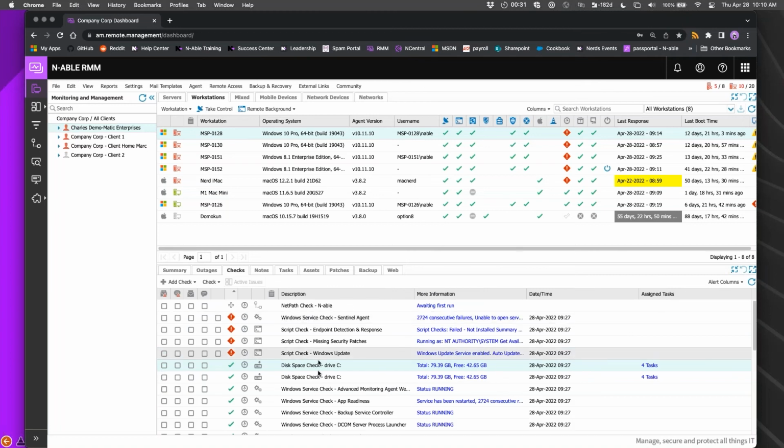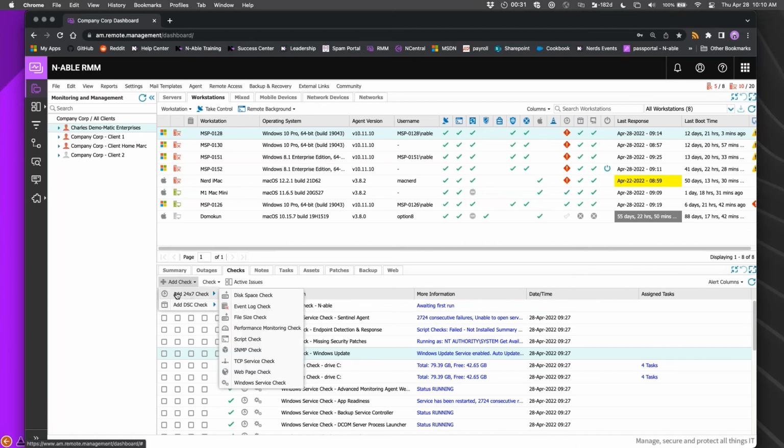And so I have some script checks that are already on here, and right now they're all failing, which is great. That's handy. If you have an AMP or a script or whatever that you want to add to a machine, you can add it as a 24/7 check or as a daily check, either one. You just add it in here,